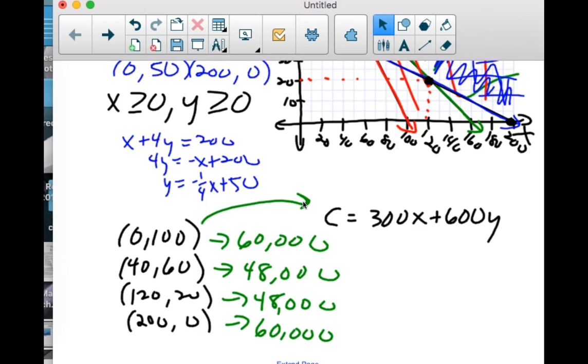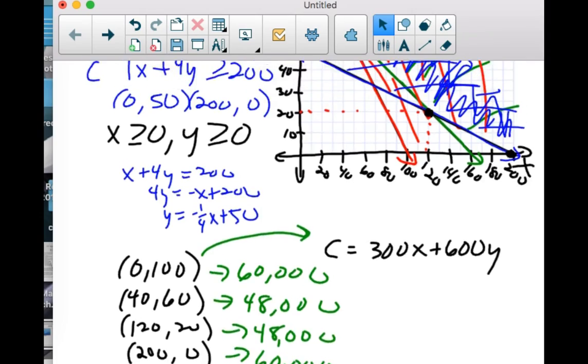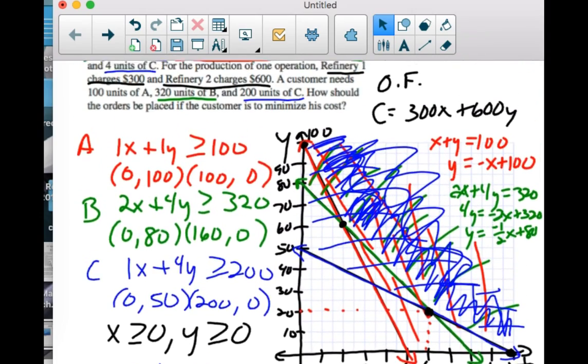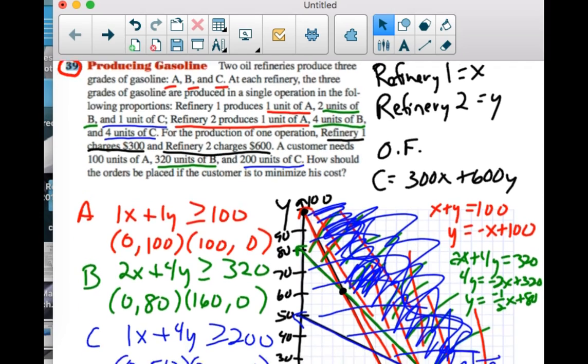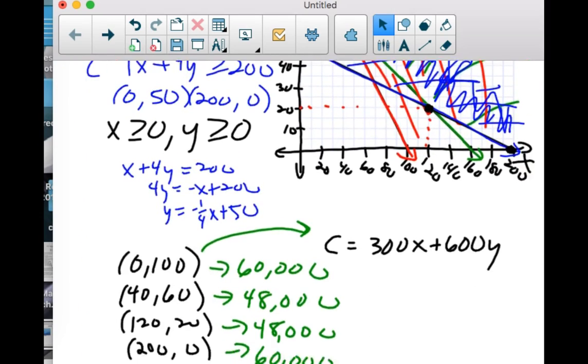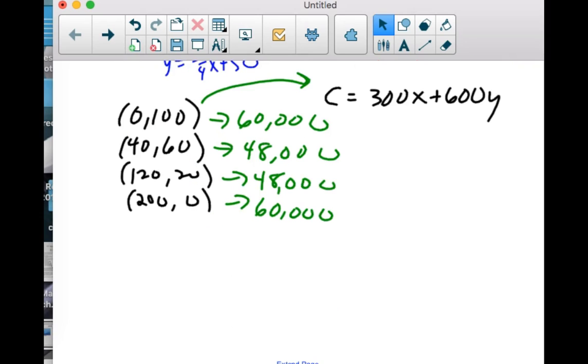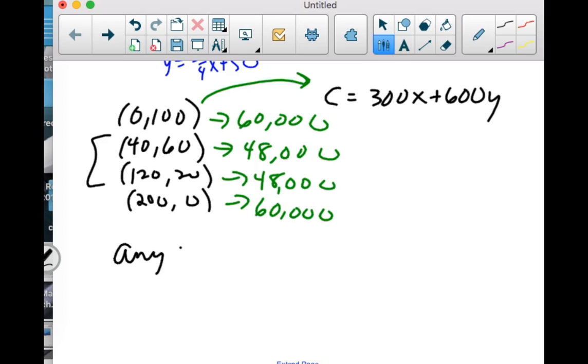So we have a tie because what this problem wanted, let's go all the way back up, since it was about cost, you know, you can think back, it's got to be minimized cost. How should the orders be placed if the customer is to minimize his cost? So we've got a tie here. And in fact, it turns out that we actually can use any x's there between 40 and 120. This one is kind of like a feasible region that shows up here. So any x such that x is between and including our 40 and our 120